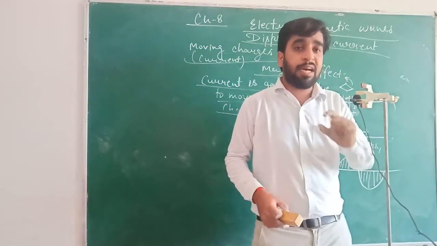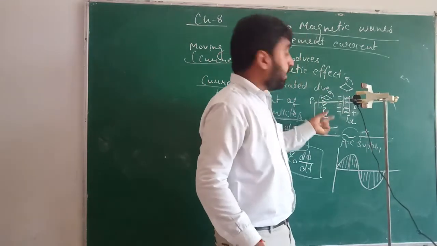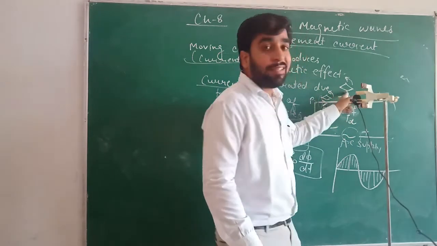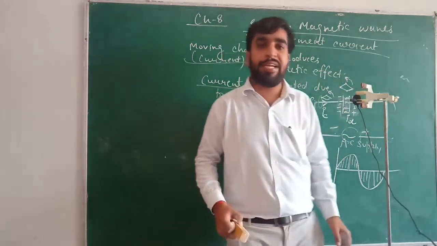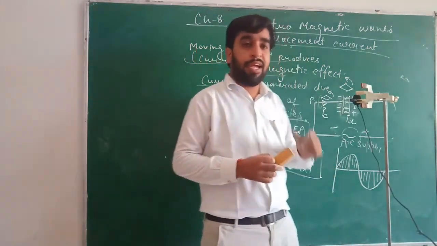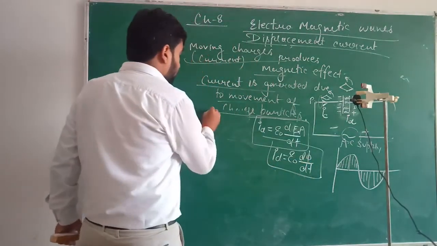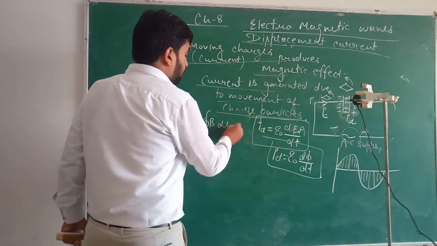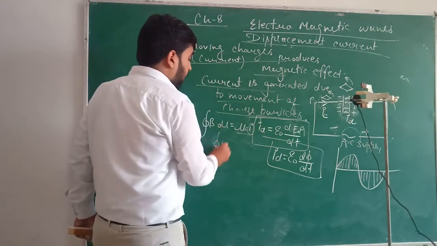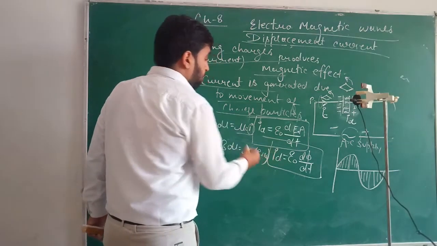So this displacement current is doing the same job as is done by the conduction current. Conduction current is flowing in this direction. Displacement current is also doing the same job, that is the deflection in the magnetic needle. So this is known as displacement current, and he said that we have to change Ampere's law. In Ampere's law, we say that integration of B dot dl is equal to mu naught times the current. So he said instead of writing just the current, you have to mention both currents. Means you have to write mu naught times the conduction current plus the displacement current.